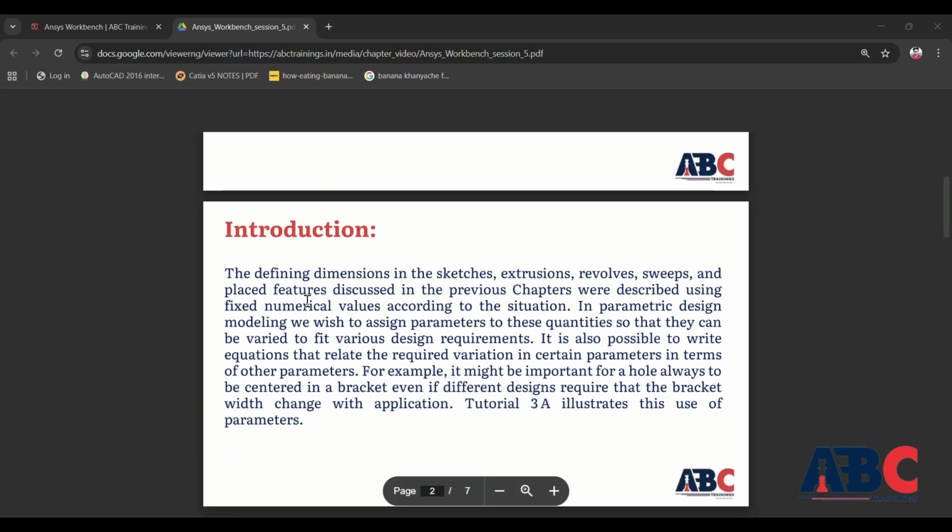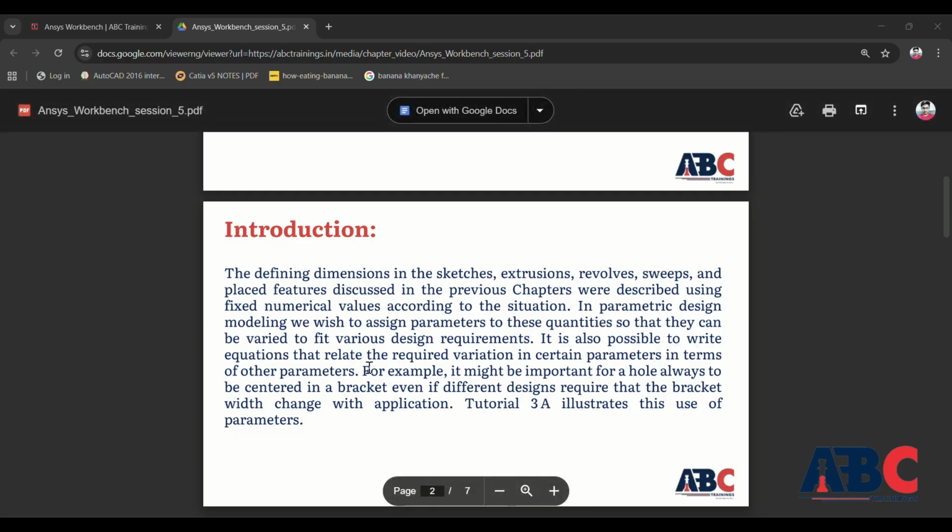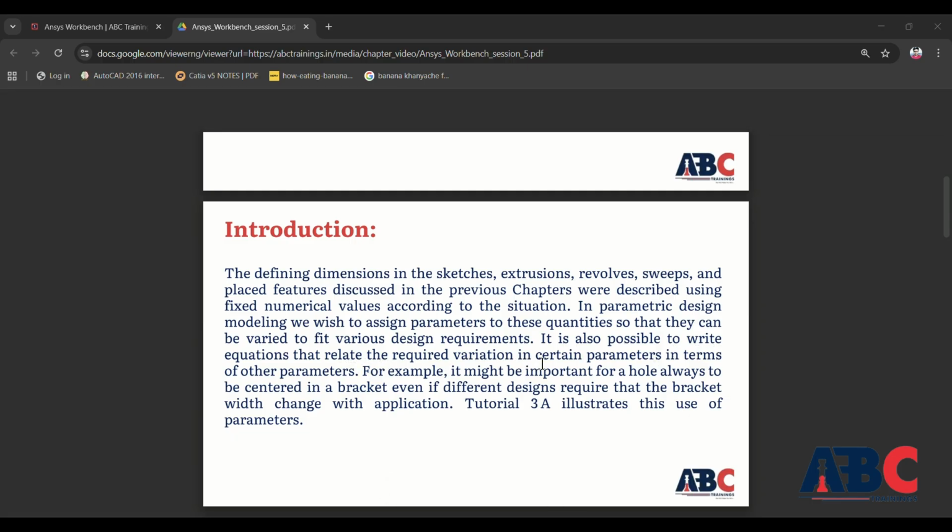Introduction. The defining dimensions in the sketches, extrusions, revolves, sweeps, and the placed features discussed in the previous chapters were described using fixed numerical values according to the situations in parametric design modeling. We wish to assign parameters to these quantities so that they can be varied to fit the various design requirements. It is also possible to write equations that relate the required variations in certain parameters in terms